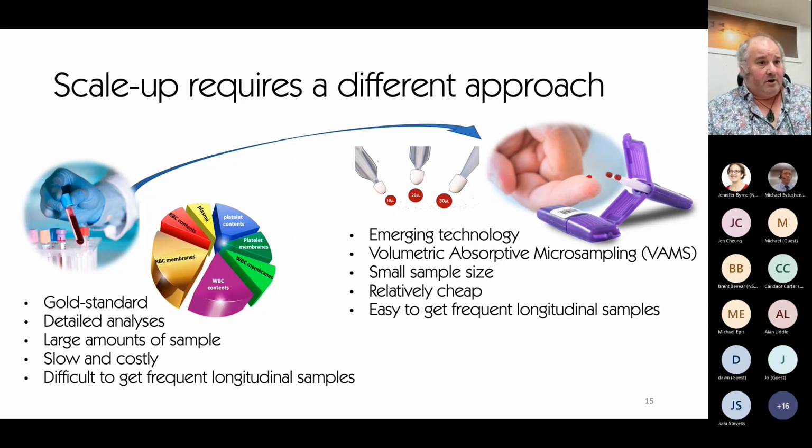We really settled on what I've called here VAMs, so that's the kind of technical term for this. The device that you see there is made by a company called Neoterix, who are based in Los Angeles, and they were recently bought by Trajan, who is an Australian company based in Melbourne. And the plastic tips that you see there are porous polyethylene, so they're not paper, and that turns out to